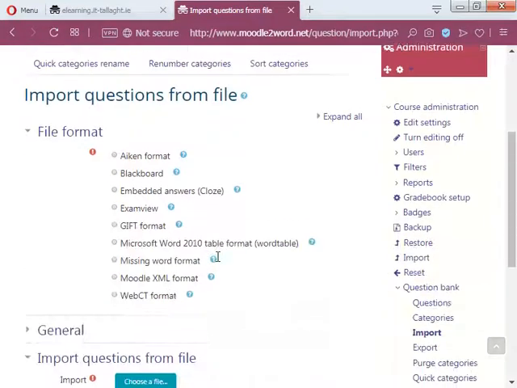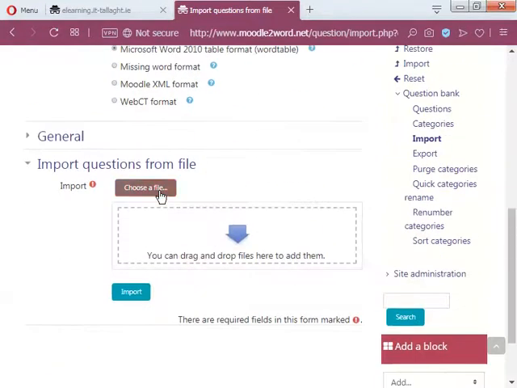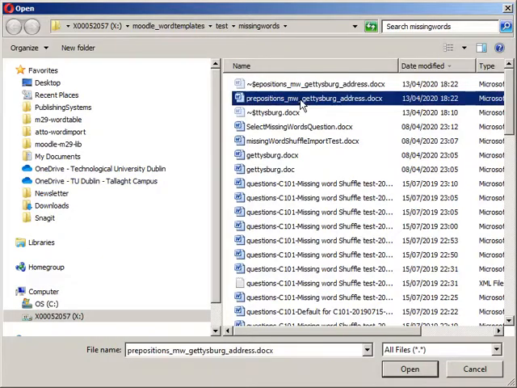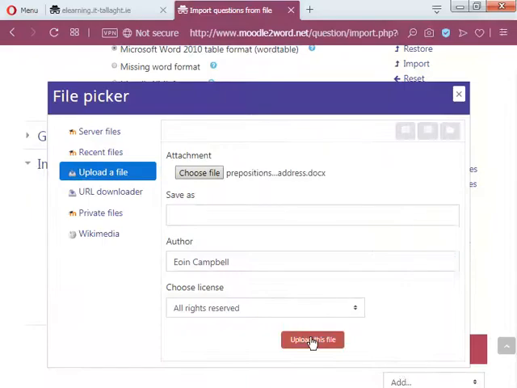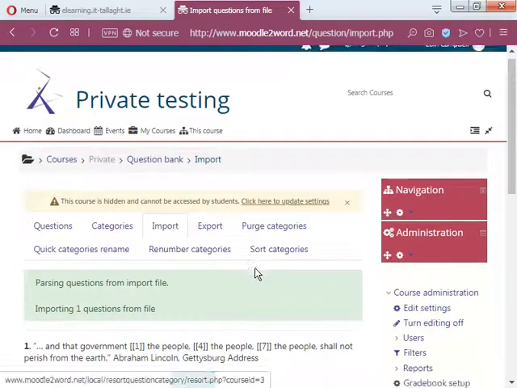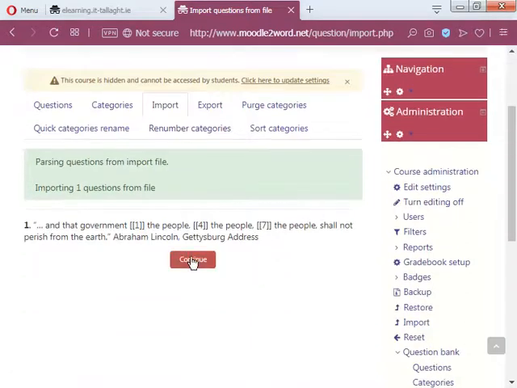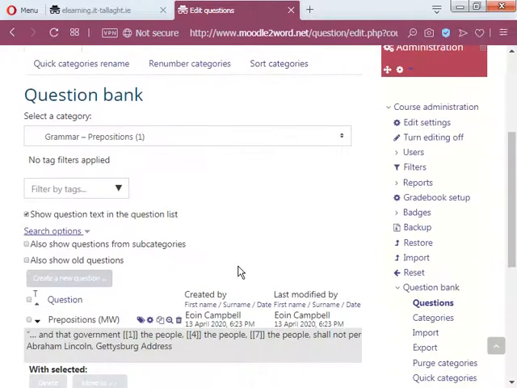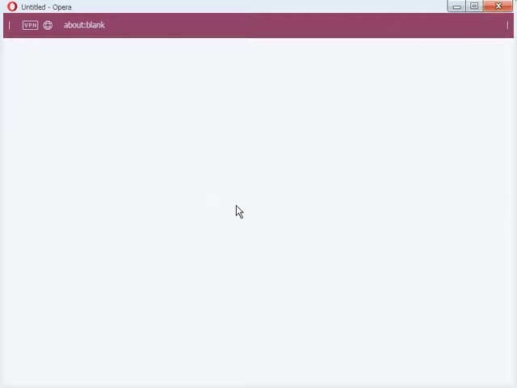So now we go to Moodle and import the question. So I'm going to select the import option, choose Word format, choose a file, prepositions, upload it and import it, and there we go. There's the questions. We can now preview it,